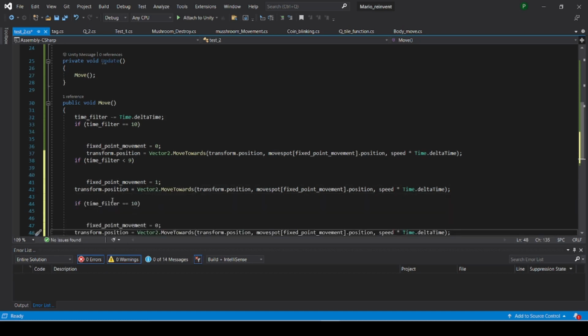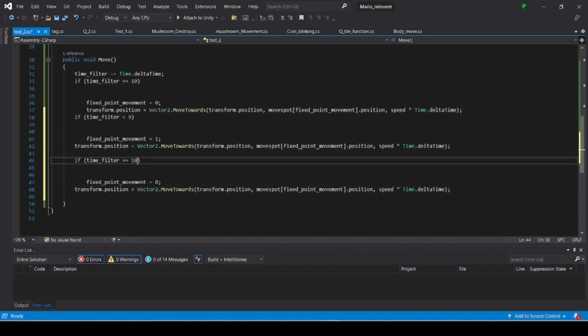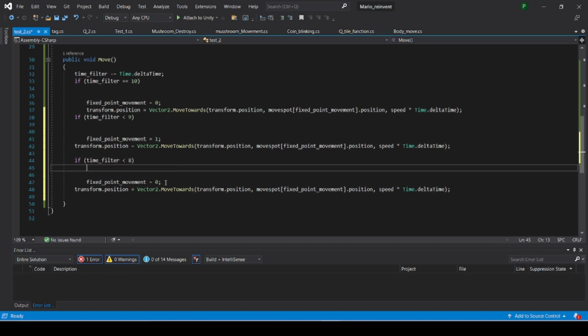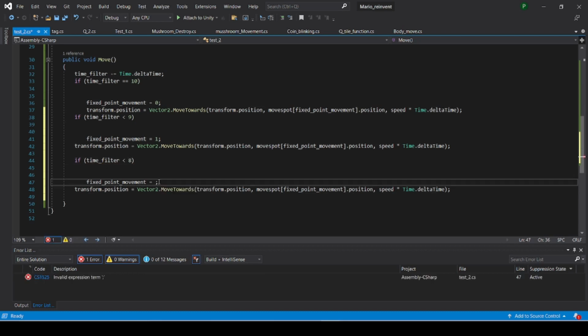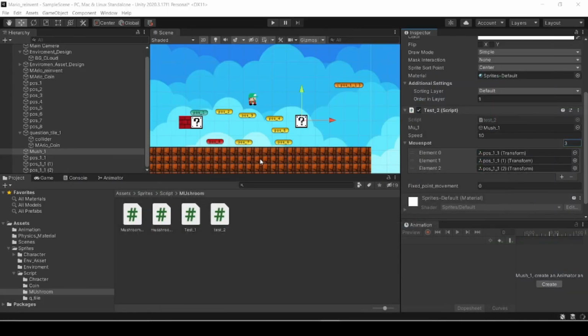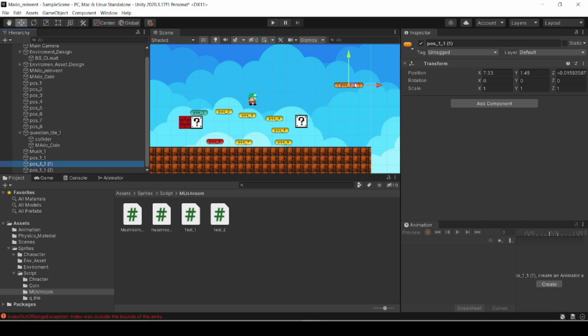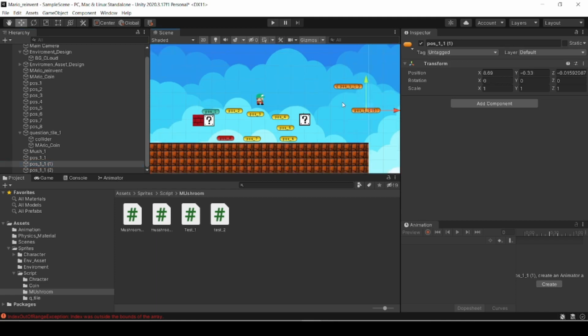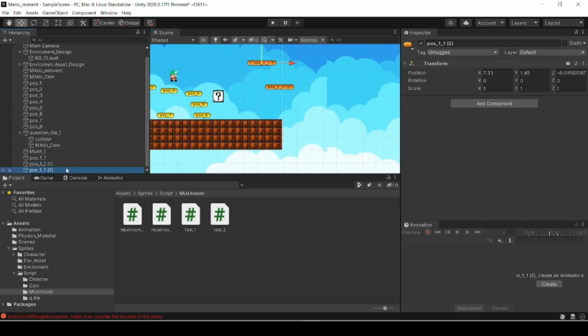Similarly, I'm going after less than 8. So here my position 3. Now, I forgot to declare positions. So here this is our position 1 and this is position this one.